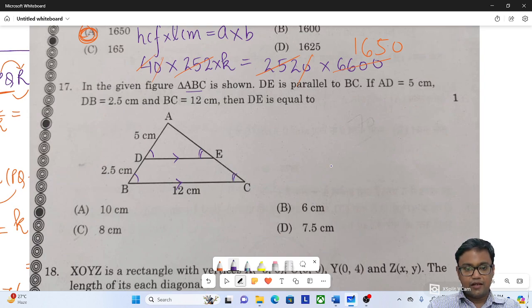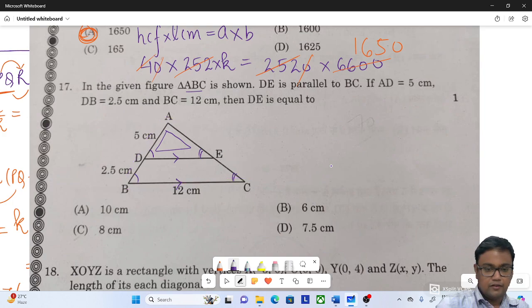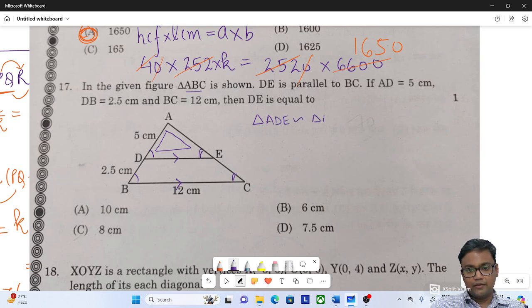And thus we have triangle ADE similar to the bigger one ABC by the double angle property, right? So I can write triangle ADE similar to triangle ABC. अब करना क्या है, देखते हैं. यहाँ पे AD दिया हुआ है 5, good, DB is 2.5 and BC is 12. We have to find